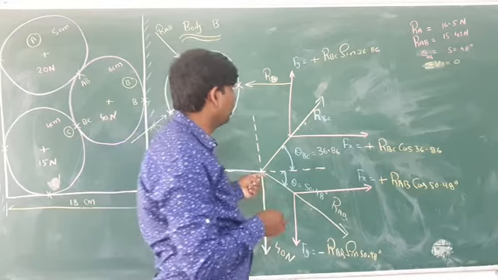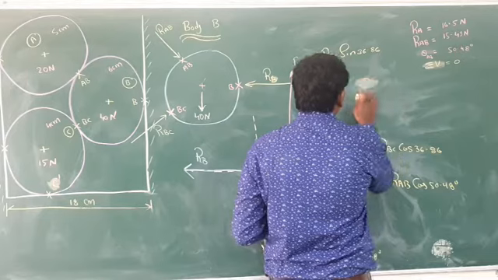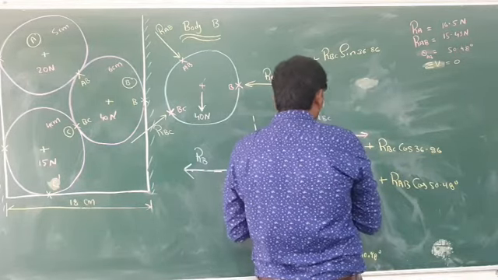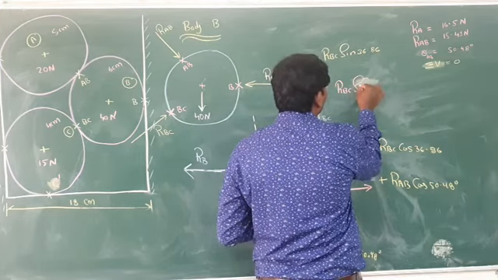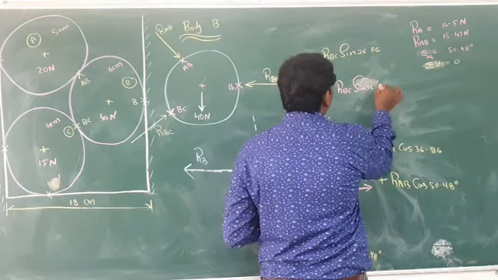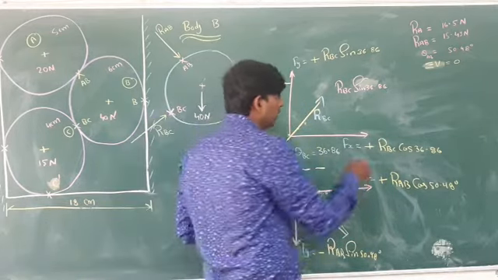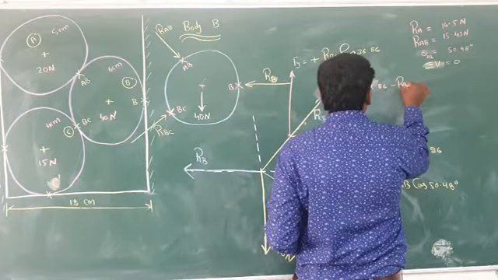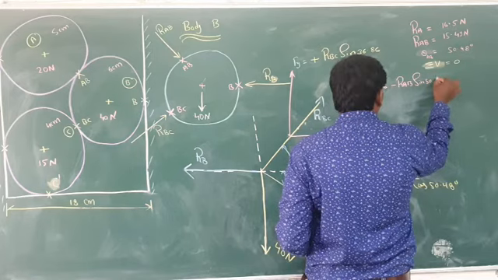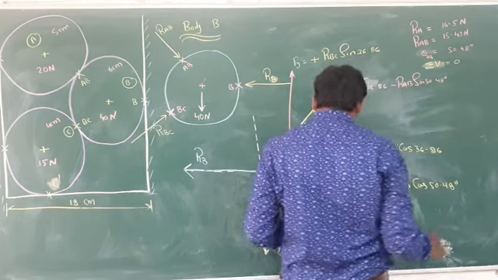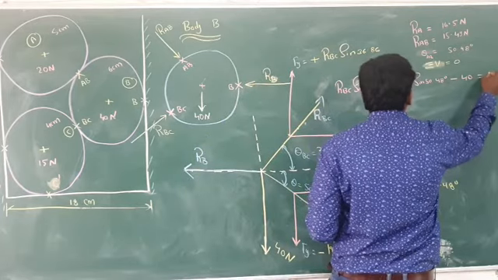So here, sum of vertical forces. First one is the RBC. First value is equal to how much? RBC, I will write here, RBC sine 36.86. This is the first vertical value. Next vertical value is equal to minus RAB sine 50.48 degree. Next vertical value minus 40. Minus 40 is equal to 0.